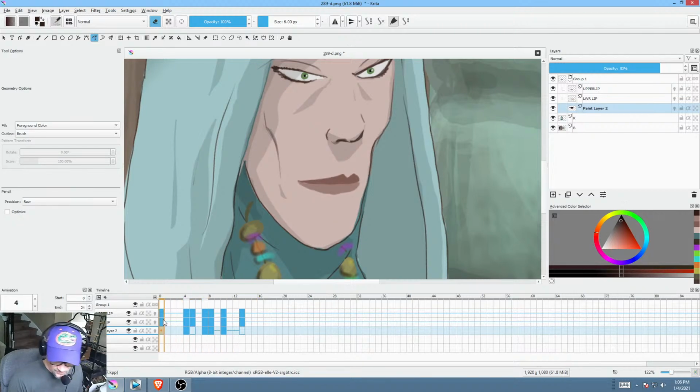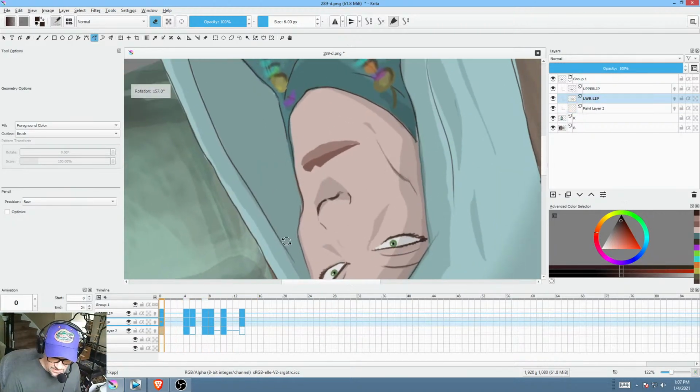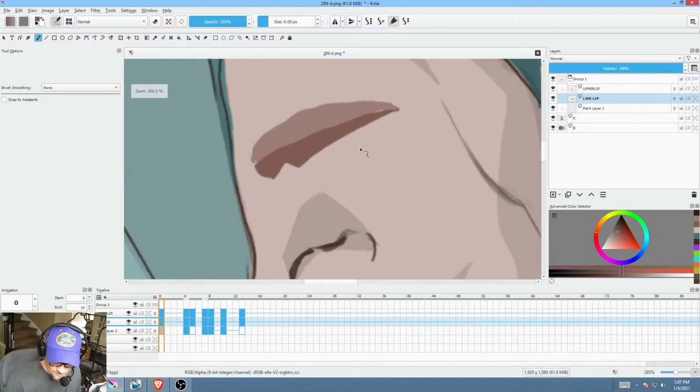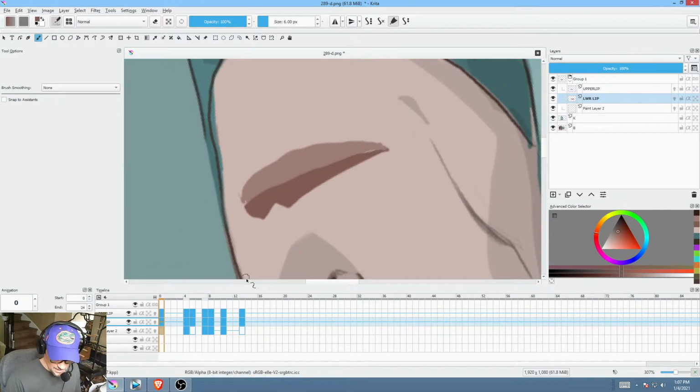But that's the world of software, such as it is today. So let's go to the lower lip here. I'm going to actually flip this over and see if I can maybe make this. Actually, let's steal the upper lip color. Okay, and now down here,